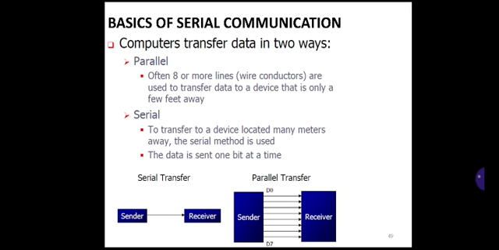The computer transfers data in two ways. As we know, when a microprocessor or microcontroller communicates with the outside world, it provides data in byte size. In some cases, such as a printer, it takes the information from an 8-bit data bus and gives the output to the 8-bit data bus of the printer.